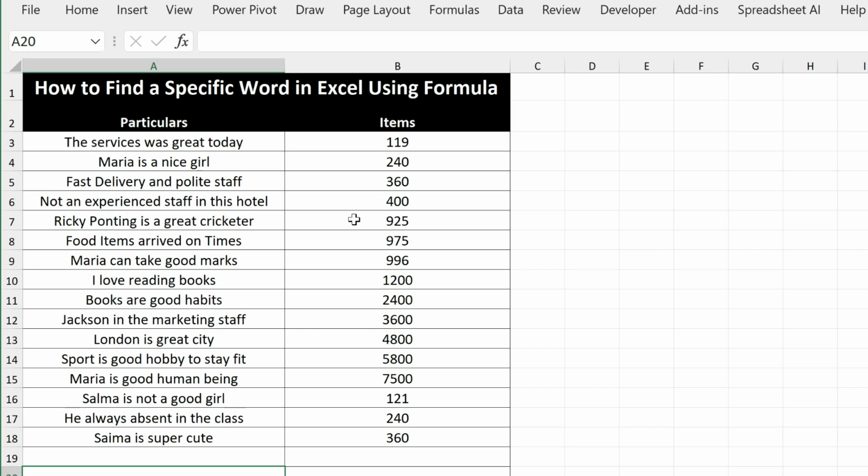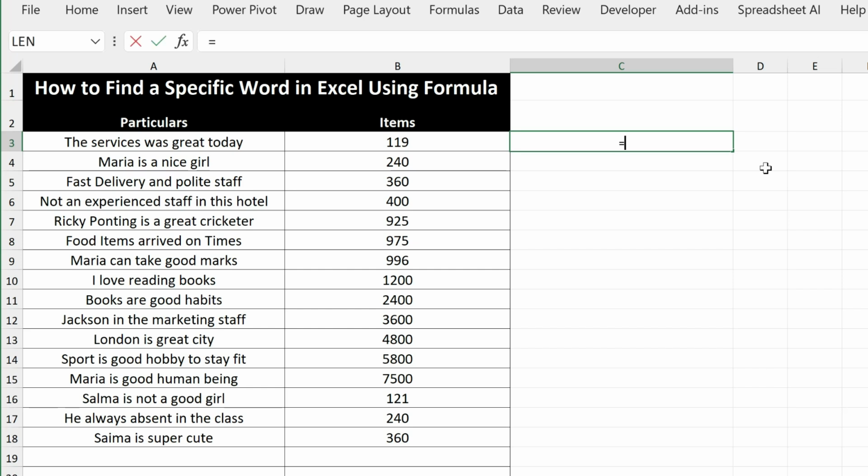So the most common method is the SEARCH function. It looks for a word regardless of whether it is uppercase or lowercase. For this you need to put the equal sign and use the SEARCH function. Type SEARCH, open the bracket, double quote, and now put the word which you want to search. For example, I'll be searching Maria regardless of the capital or small letter. Double quote, comma, space, and select the cell reference, or select the data range itself, and put the close bracket,